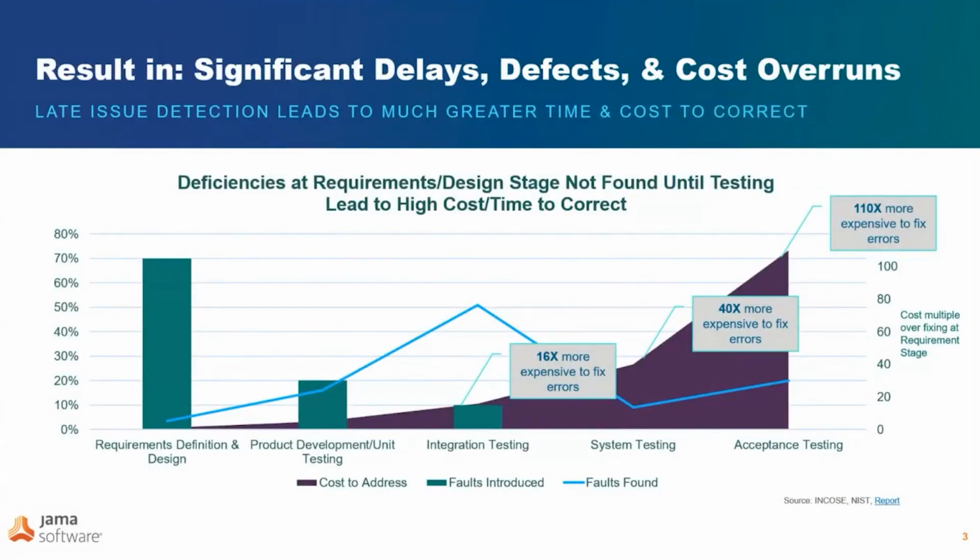To us at Jama, we know that most errors are introduced really early on. That's that green bar on the left side here on the chart. And they don't get found until later on, maybe in the middle there. That's why the blue line spikes in your life cycle for a system. But they cost more and more and more as they go forward through the end of the life cycle of your engineered good. And so what we want to do by connecting your data through Live Traceability in Jama Connect is bring that purple bar or that purple slope down on the far right and bring it over to the left so you find those issues earlier and can reduce the cost and the time to fix.